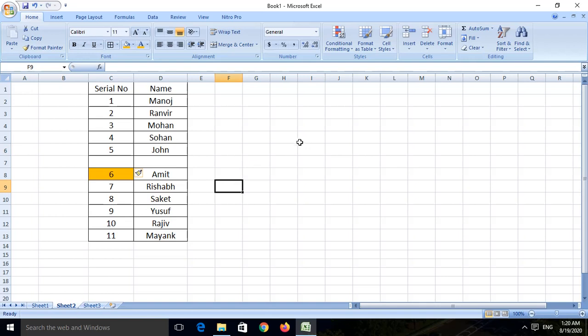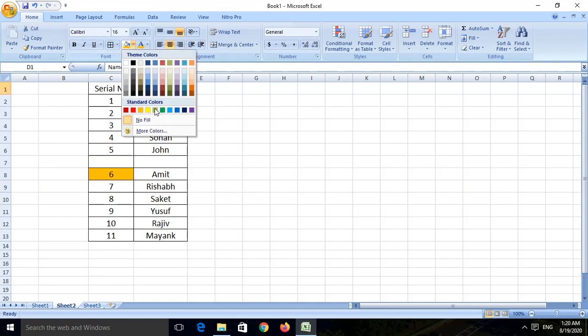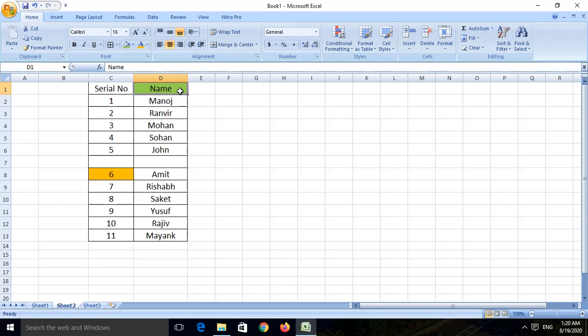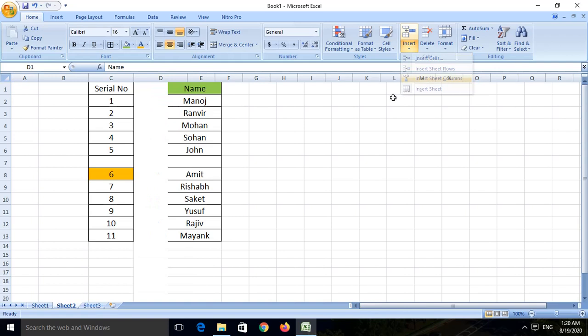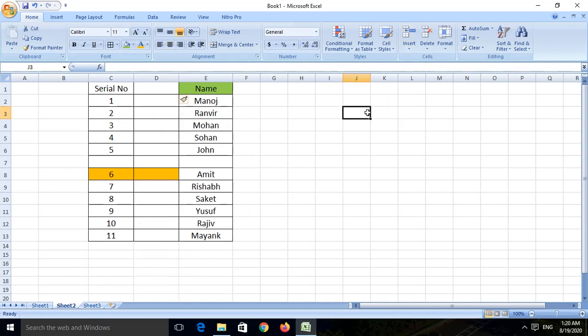Same way, if I want to insert a column, suppose I have selected a cell, let us say this one, the name column. After selecting this cell, whenever I go to the home menu and click on insert sheet column, what will happen? To the left hand side of that cell, a column will be inserted.